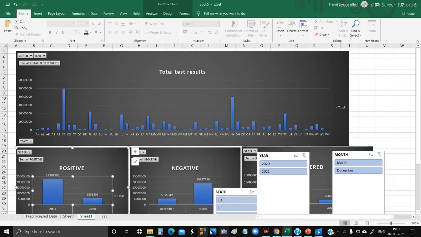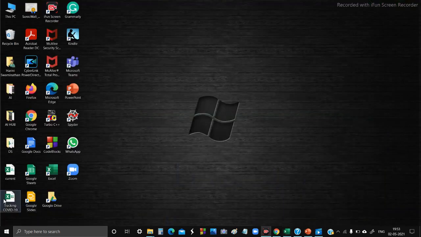Finally, we add background images and we can make some changes to it to make it more presentable. To our project, we have added background image and made some changes to the dashboard to make it look more attractive and presentable. Something like this.